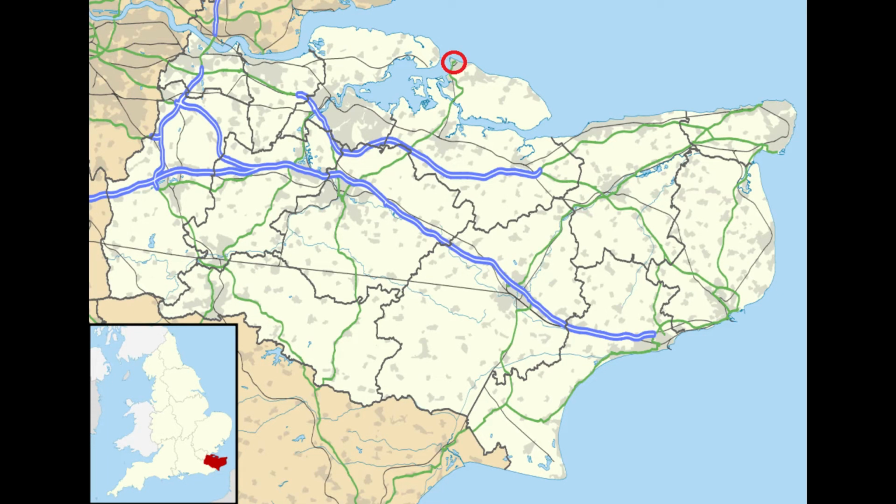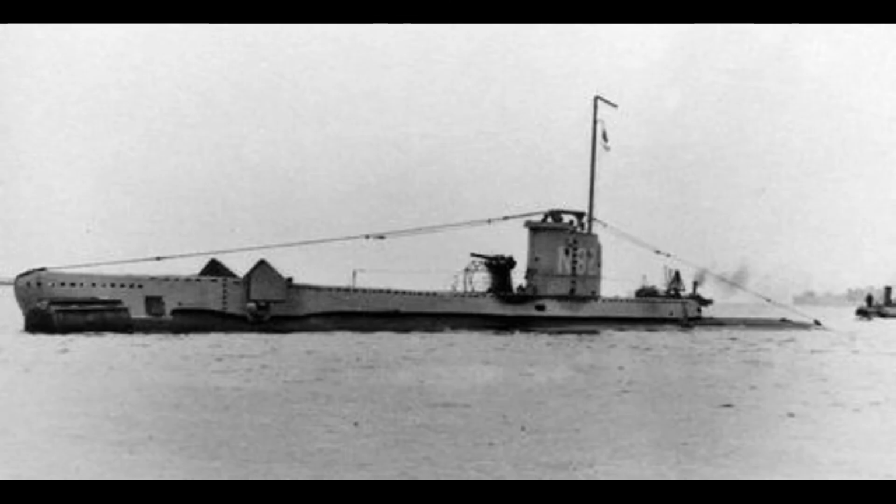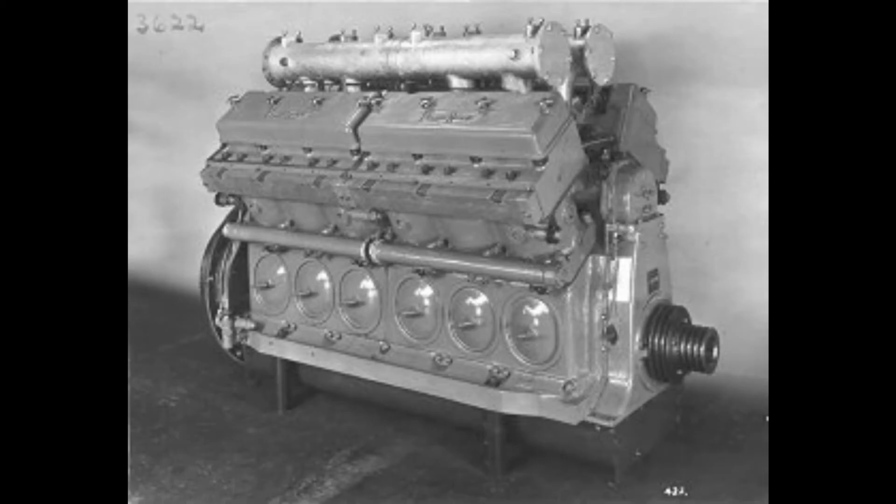Her first port of call was Sheerness, Kent, where she would spend the night before joining a convoy heading north from the Thames estuary. Believing it was safer than making the journey alone, as the North Sea was a prime hunting ground for the German Kriegsmarine and Luftwaffe from their bases in occupied Norway and the Netherlands. The first part of their journey from Kent to East Anglia went well, but their good fortune was not to last for long. On the evening of the 19th of July 1941, they developed a fault in their diesel engines,